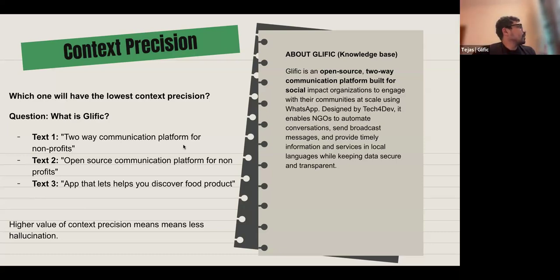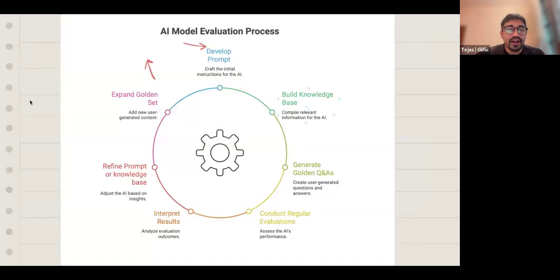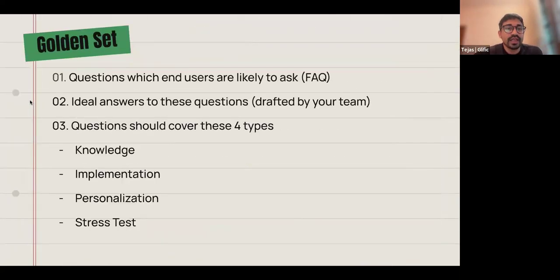I don't think the question should be tailored to the knowledge base. That shouldn't be the case. Ideally the AI should be able to answer. What we have put out over here is the questions which the end users are likely to ask, in their own language, even if it means incomplete questions. So you can also include questions which are not fully formed, which have typos in them, which are not grammatically the best representation of any of the languages that you are going to ask it in.